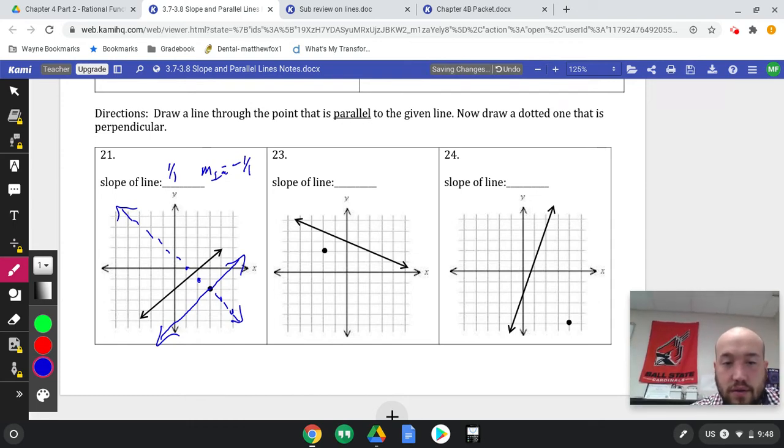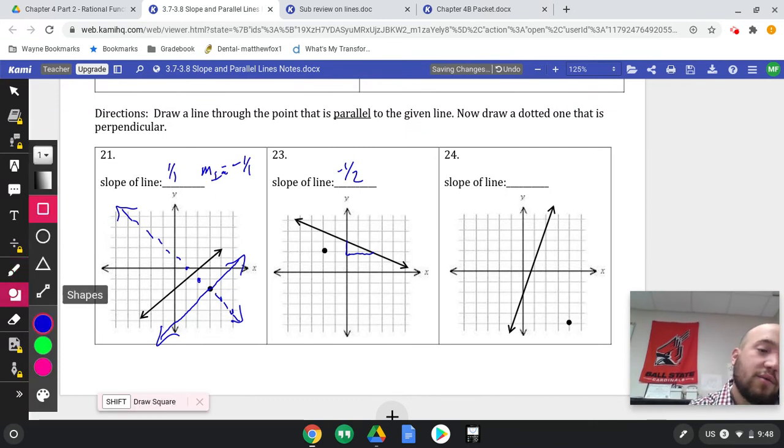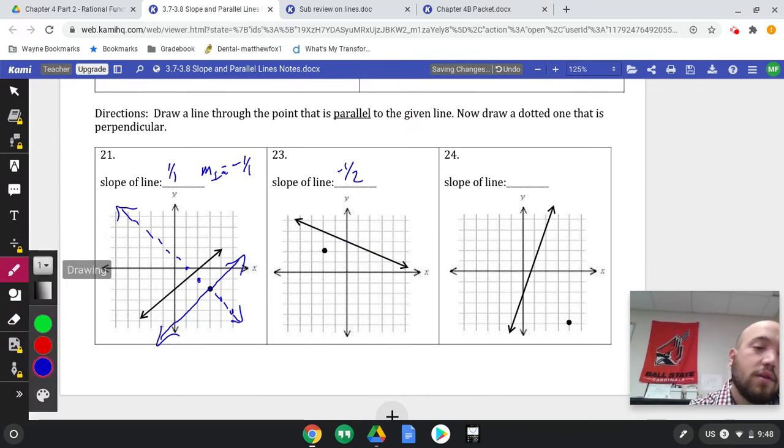Okay, the next one. This one has, let's see, down 1 over 2, so -1/2. So we know if it is parallel, it will have the exact same slope. So go to the point, down 1 over 2, down 1 over 2, or up 1, left 2. All right, a little bit of human error there, but that should be parallel if I had drawn a straighter